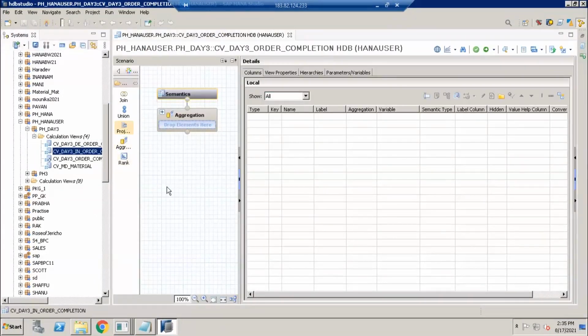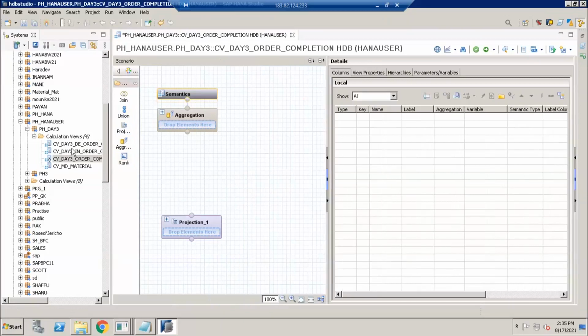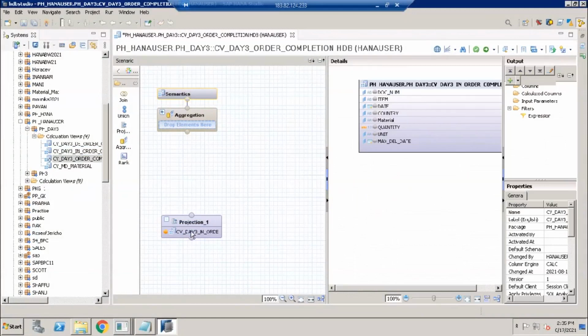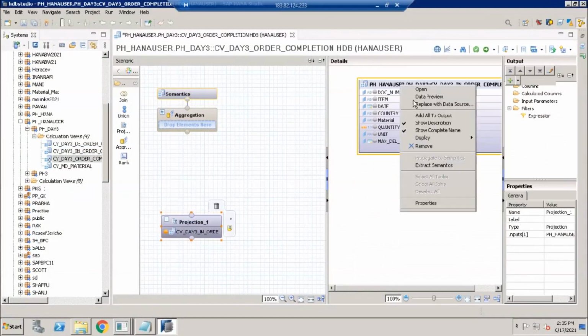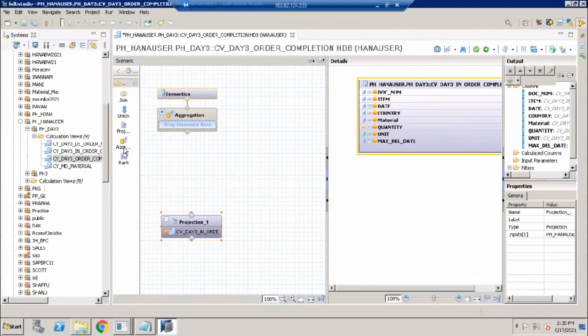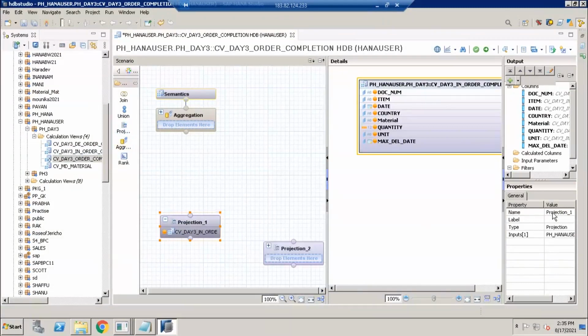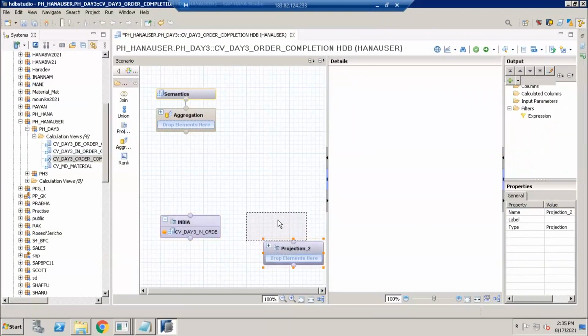I need to click on projection and bring a projection. Always bring a projection, don't directly bring any data. In this projection, add IN data, just drag and drop, and it will bring it. Select all data, add all to output, and again bring one more projection. Rename this projection to keep it transparent. Type here India data, which shows it's bringing only India data.